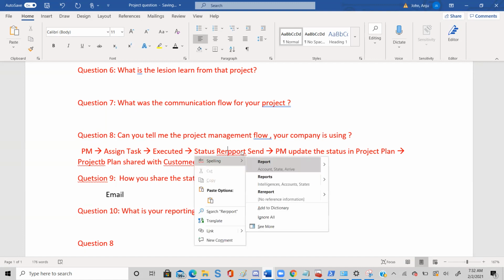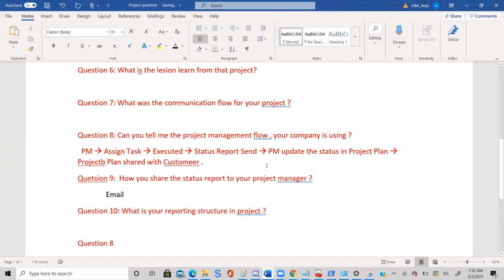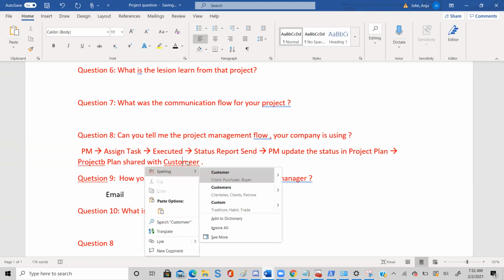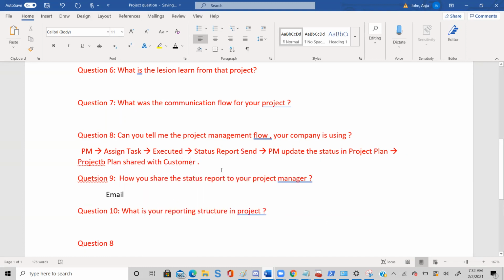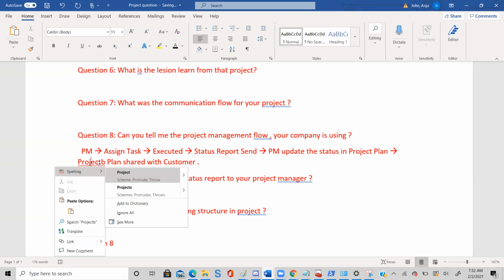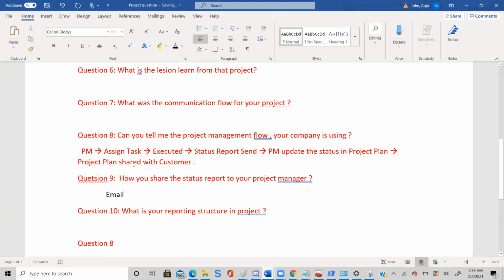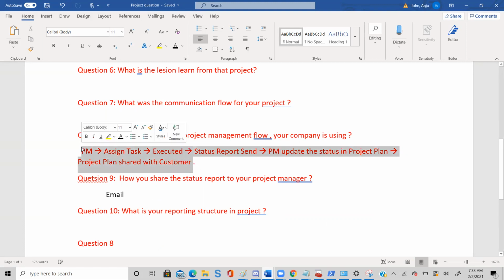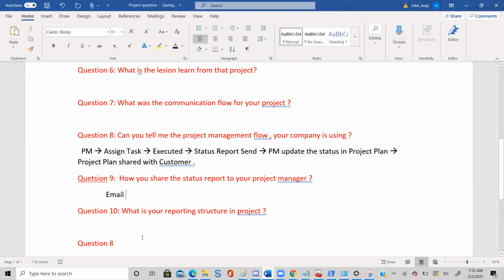Understood? This is how you have to make your flow. Everyone has a different task assigned, and when the task is completed, it needs to be updated to the project manager. Now the project manager is generally a non-technical person. Whatever task you send to him, he is going to update in the project plan. So this is how you can go and explain it.